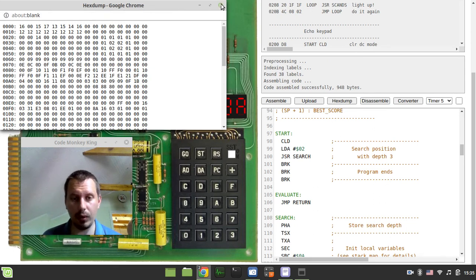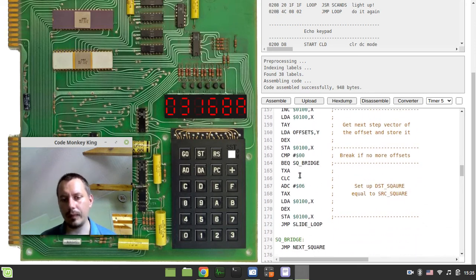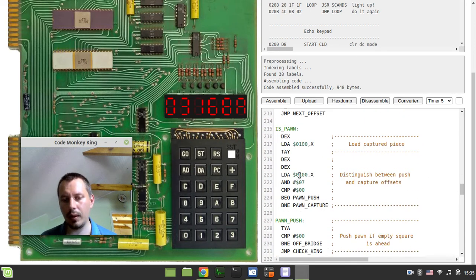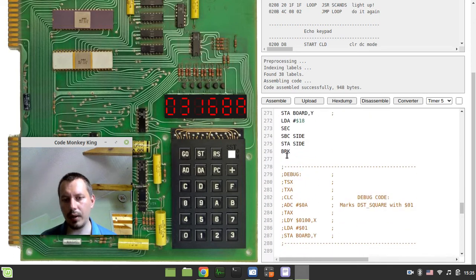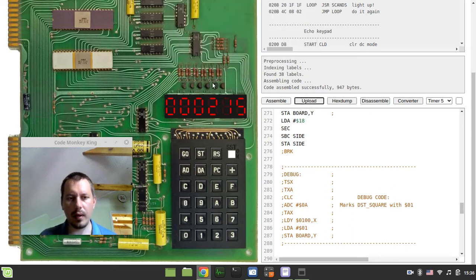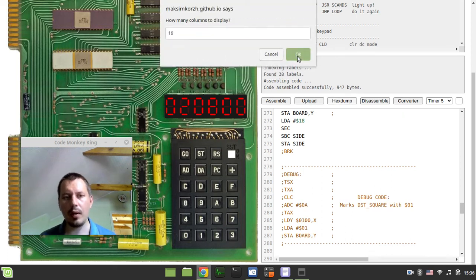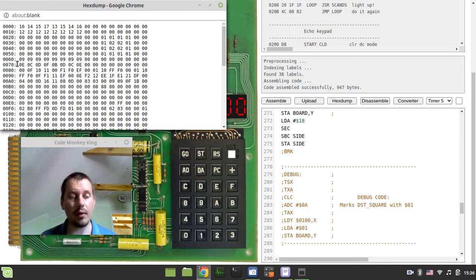So it takes longer, and just to demonstrate how this is going to be working for real, I just get rid of this break and assemble and upload and run. And now it takes a little bit of time, so the display is flashing up because it takes a little bit of time to calculate. And now to make sure that we didn't mess up anything, the position is still the same. We're just checking out the position, and the position is the same,